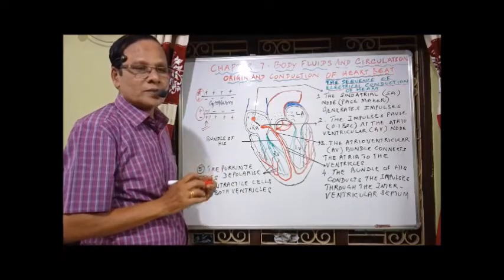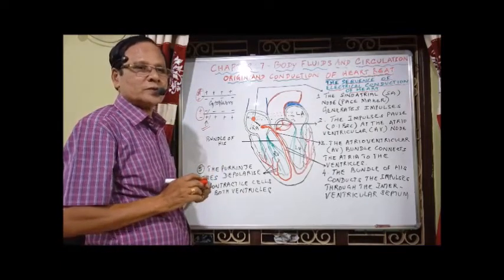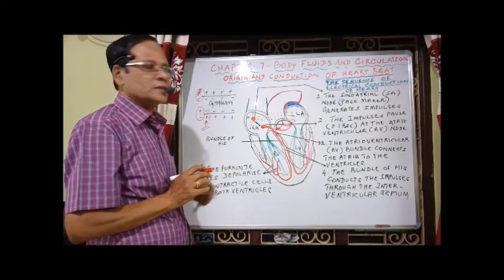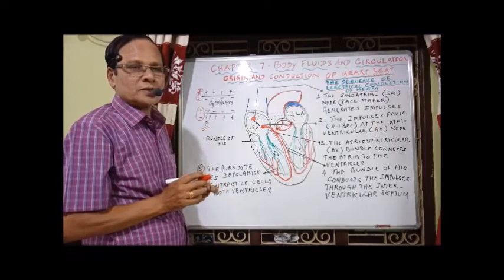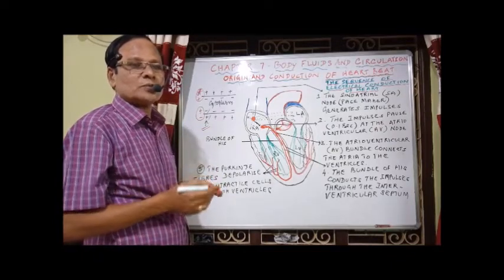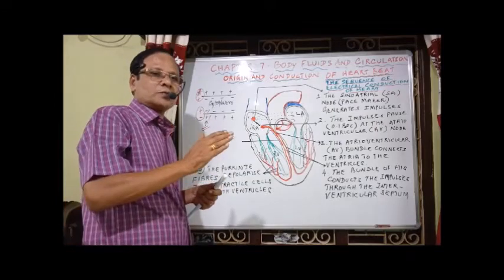This is called depolarization. A polarized membrane has outer positive, inner negative. A depolarized membrane has inner positive and outer negative. This depolarization results in the generation of an action potential, that is responsible for the conduction